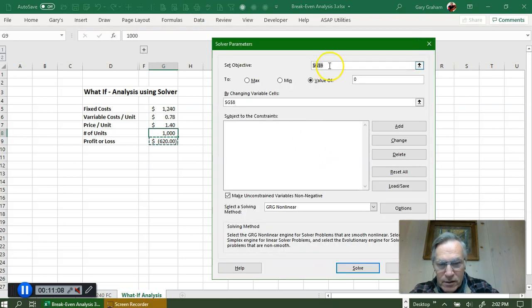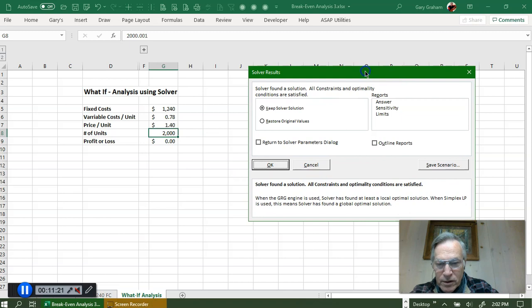You tell it, again, I'm setting this objective. I want this field to equal 0, and I want you to make that 0 by changing this field, and then you say solve for it, and it changes that number, and it does it just that quickly because it can run through it and solve for that. Anyway,